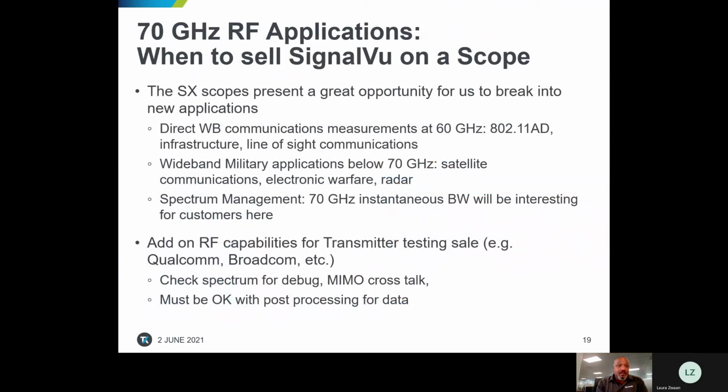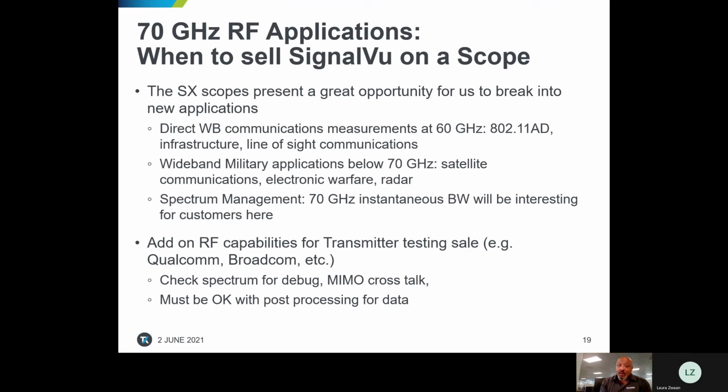So in the other case, to sell the DPO as an RF spectrum analysis instrument really calls into question also making use of SignalVu PC on a scope. This is a great opportunity for Tektronix to break into the area of wideband communications, primarily at 60 gigahertz, because the instrument does a very good job of collecting signals from DC all the way up to 70 gig, and in some cases beyond. Looking at operation in the 802.11 alpha delta band, as well as various line of sight